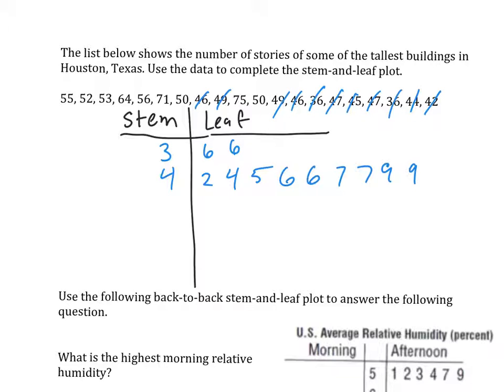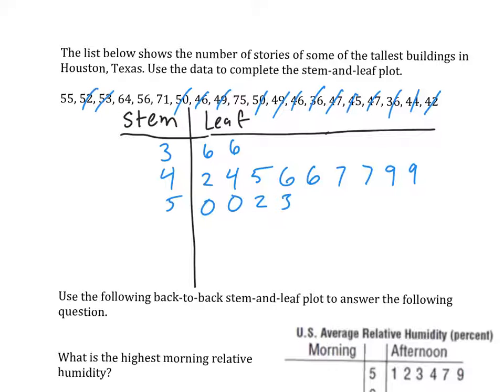Okay, so I'm going to fix this one a little bit just quickly, just to make sure our spacing is even, because that makes it look nicer, right? And I'll make my leaf side a little bit longer there so it includes all of the data points. Okay, and then let's move on to the 50s. Looks like we have a 50 and another 50. And then we have a 52, a 53,